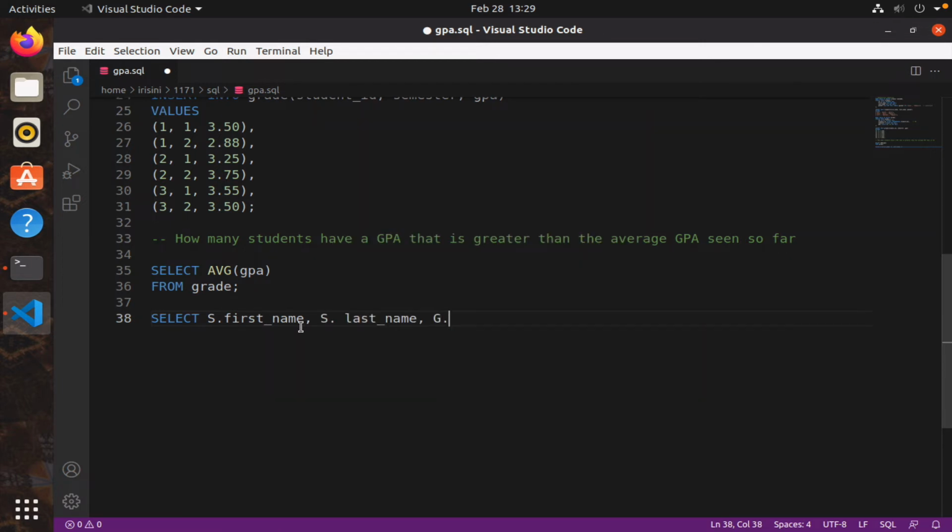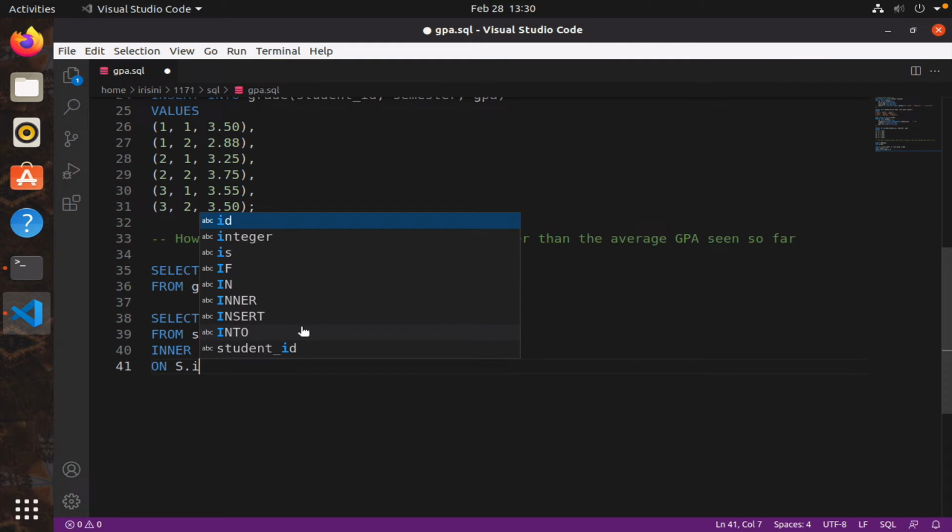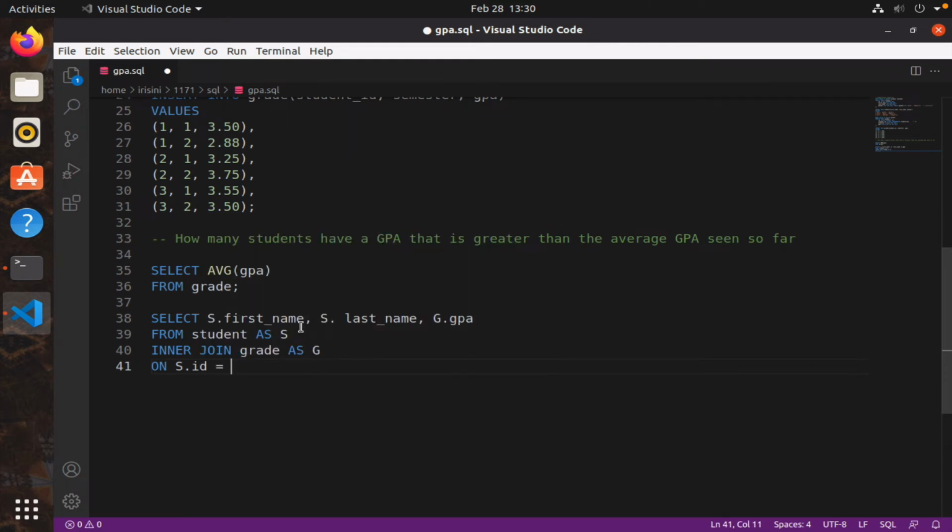Let's say g.GPA from, so I'm going to do a join, right? Student as s inner join grade as g on s.id, and the foreign key is g.student_id,